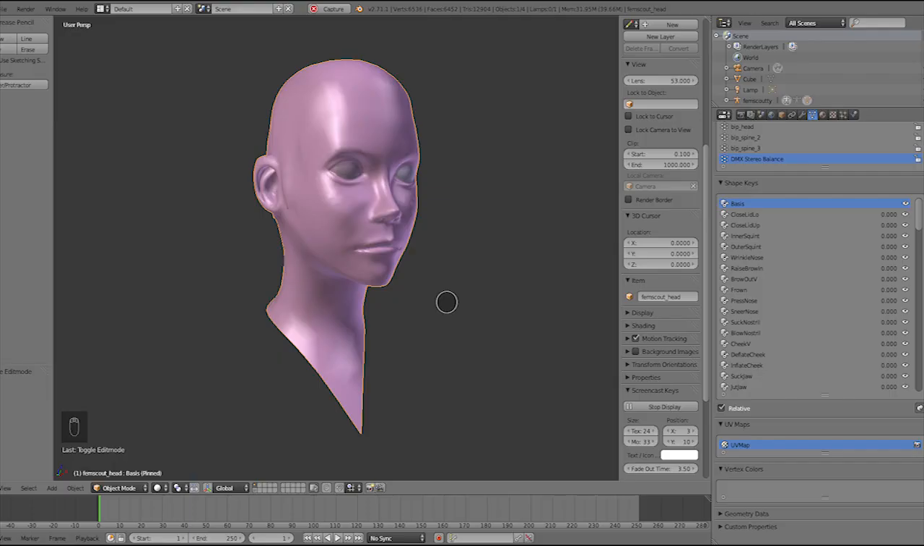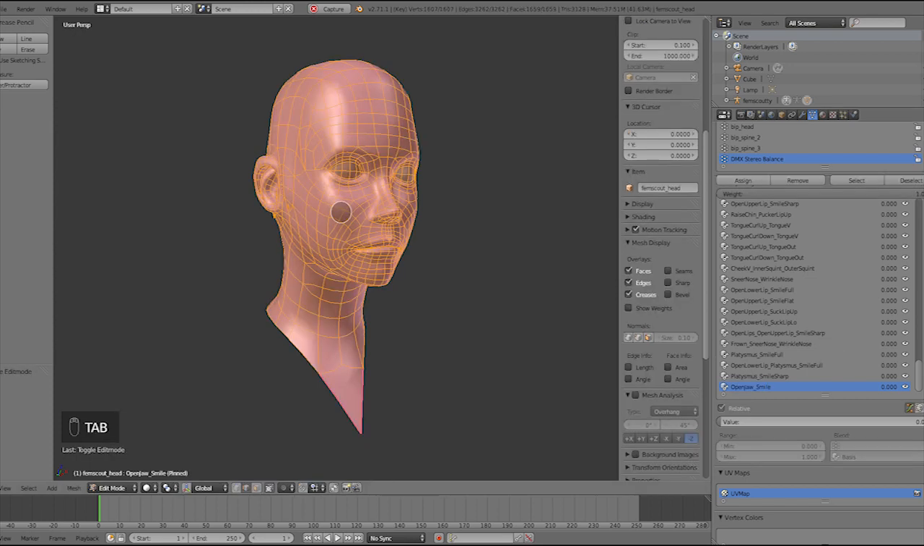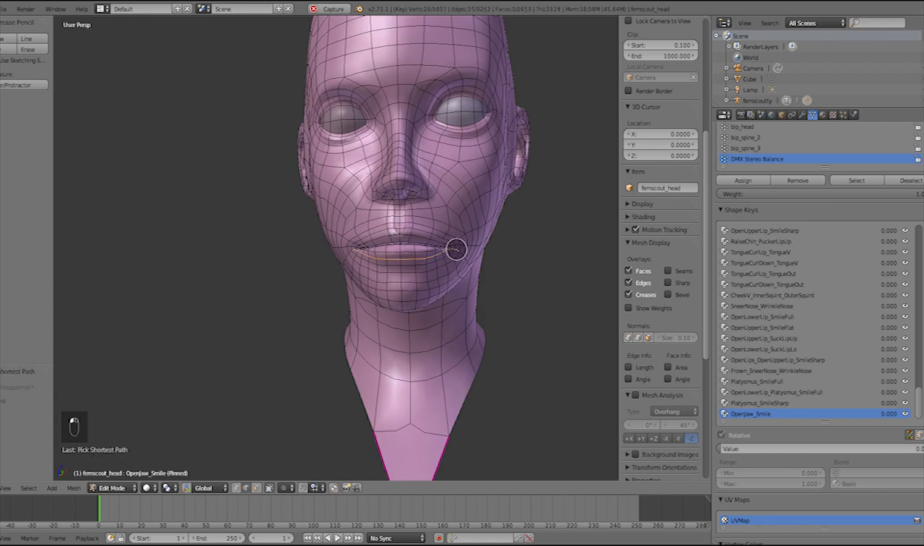Let's add a new shape key to this face to make it smile and open the jaw at the same time. Let's go into edit mode and demonstrate the new behavior. Let's select the lower lip. Invoke blend from shape. Now the horizontal mouse movement adjusts the intensity of the blending, and the mouse wheel adjusts